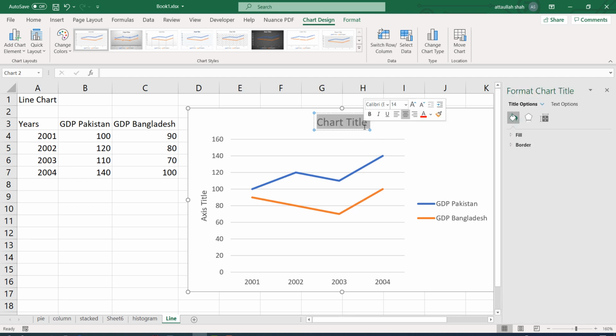I can type GDP of countries, and similarly I can now change the y axis label: GDP in billions.